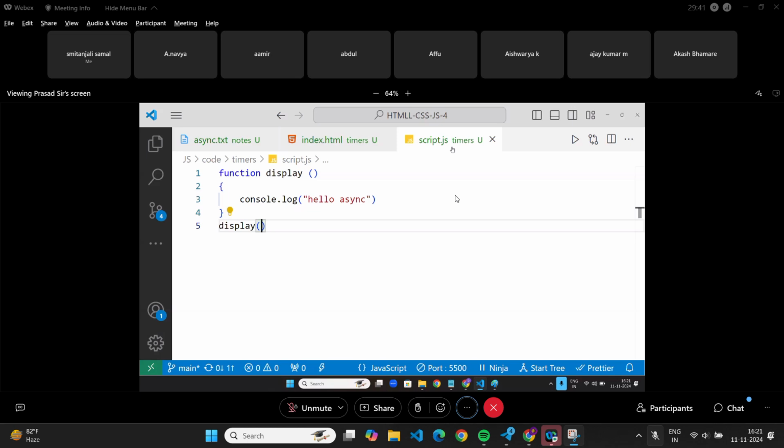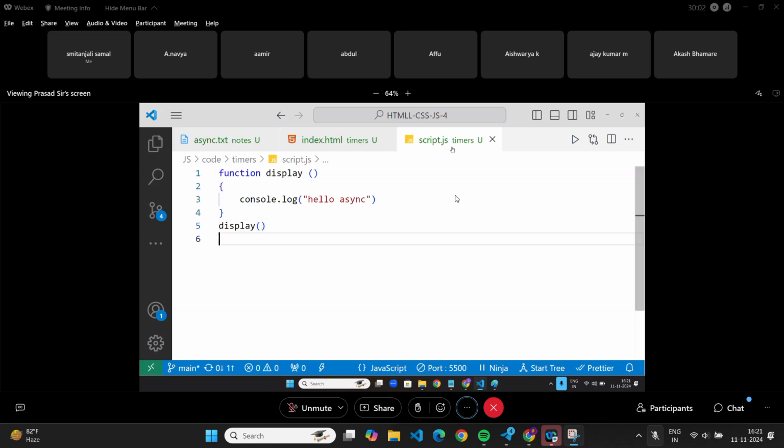Then you will use whatever programming logic is called asynchronous programming. Why? Because it makes you wait for some time. Normal synchronous program doesn't wait. Normal JavaScript will not wait for anyone. It will go on. But asynchronous programming will make you wait. How do you do that?